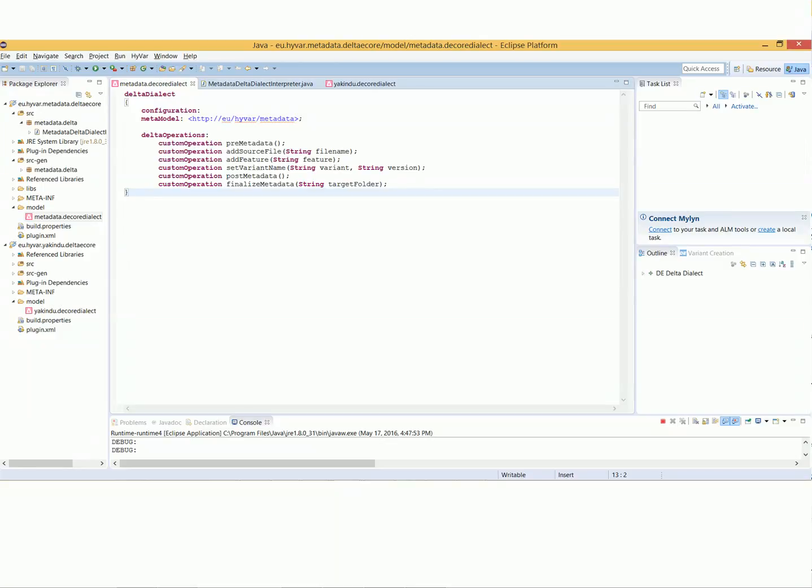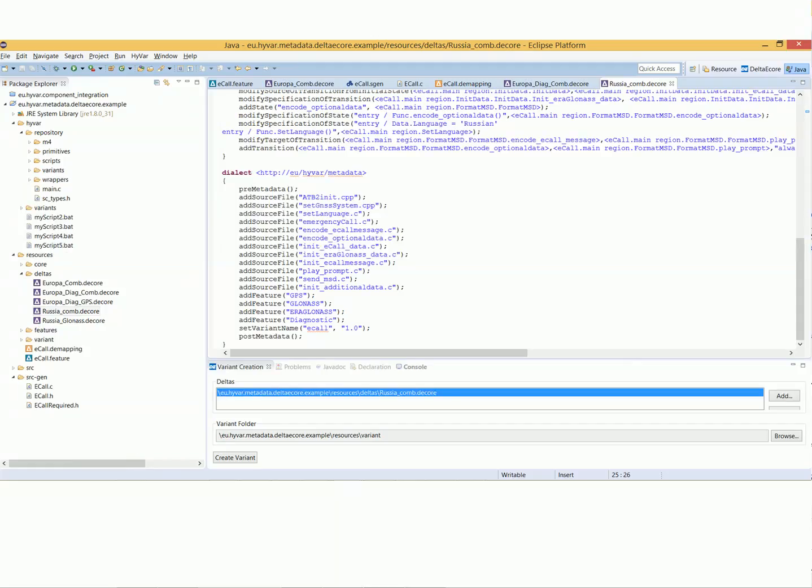Using the domain-specific variability language, we annotate each state diagram with the required information to produce a deployable firmware image. The metadata are used to access the repository and copy the required source code files by means of the Delta action add source file to the variant's source stream.